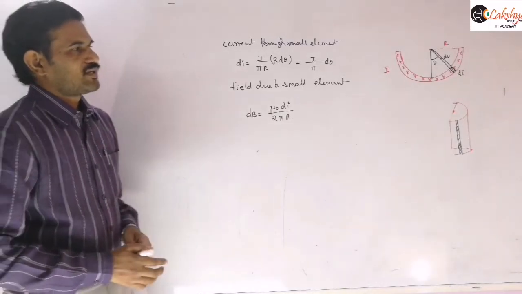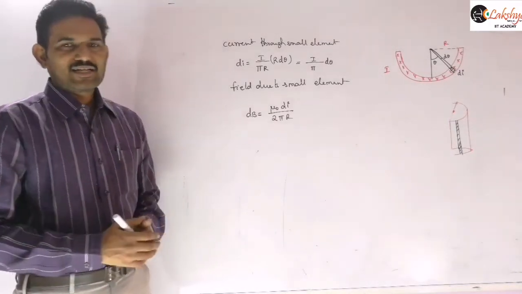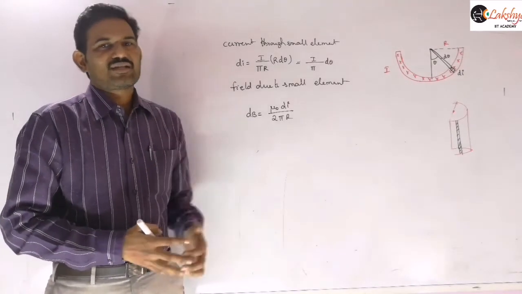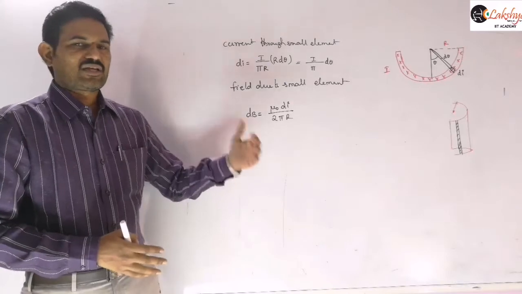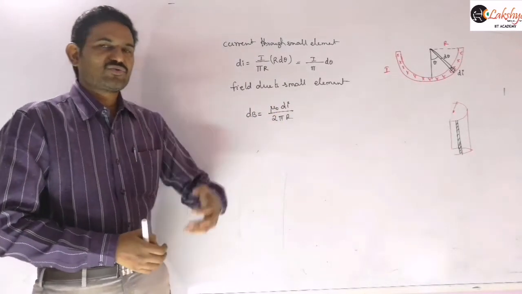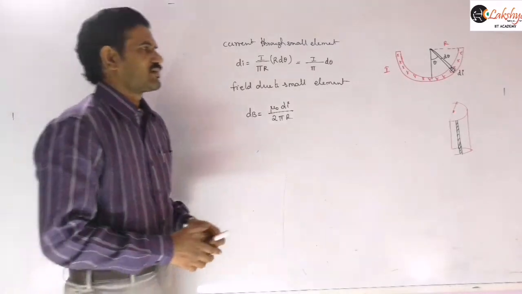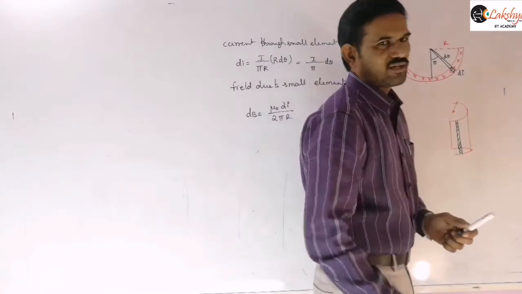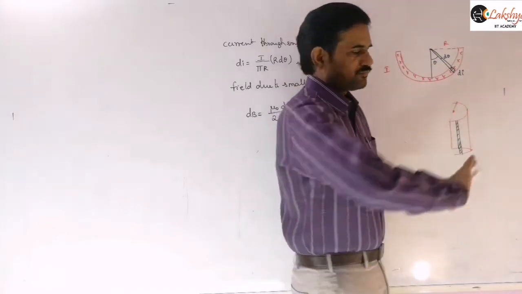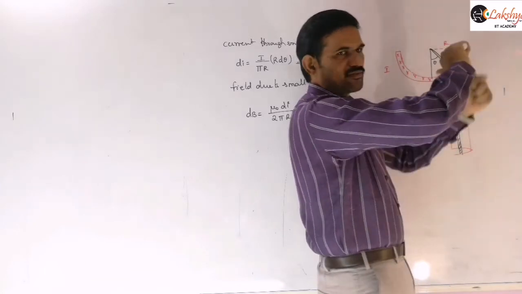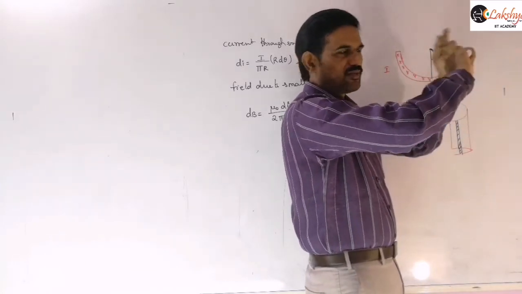Now next, to find the resultant magnetic field, before integrating this we need to identify the direction of the magnetic field, whether the magnetic field lies in the same direction or in different directions due to the different elements. We need to verify that, right? So now let us consider that current is flowing into the plane. This is an infinite wire we are taking here. So the magnetic field will be like this, and the magnetic field direction will be there like this.